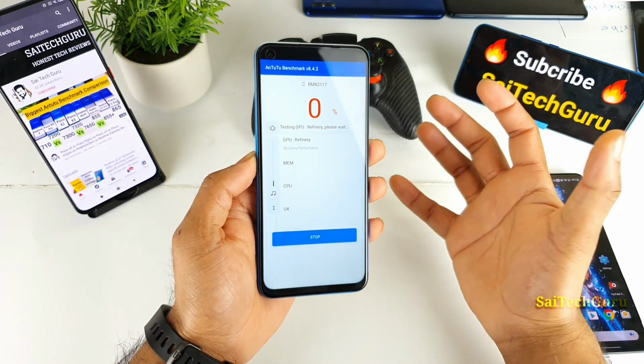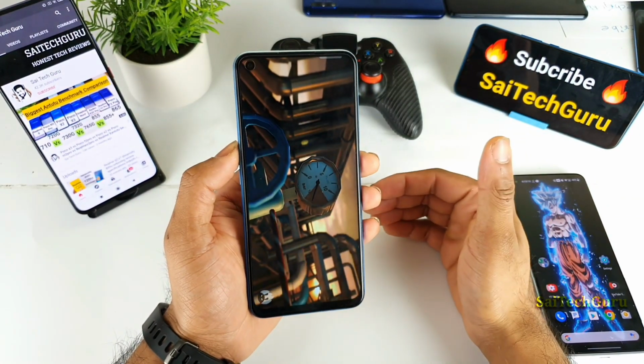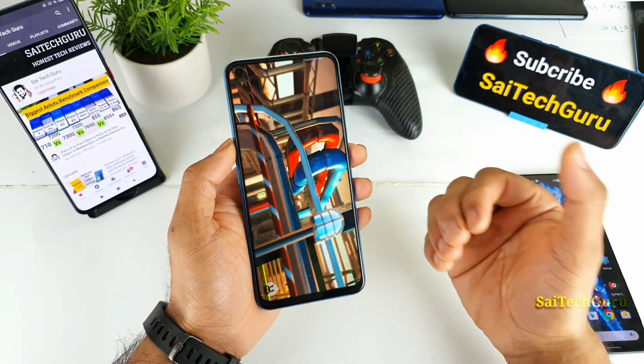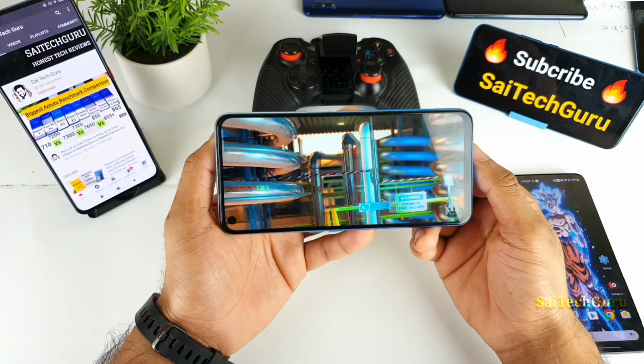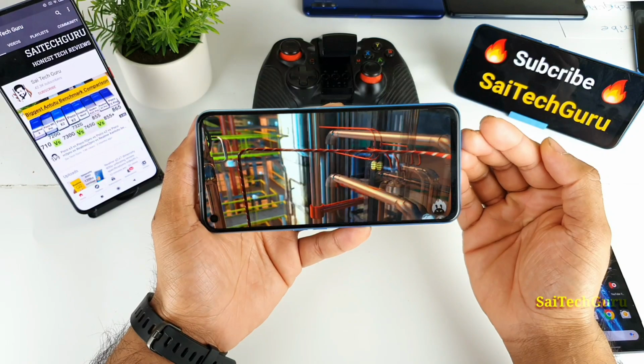I was expecting the score to be close to 3 lakhs, and definitely if it is above 3 lakhs, I would highly consider this mobile phone. I will be suggesting this phone to most users to buy, depending on the price as well. But let's see how much score the Dimensity 800U can actually get.